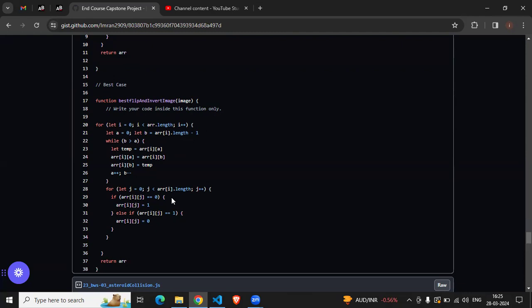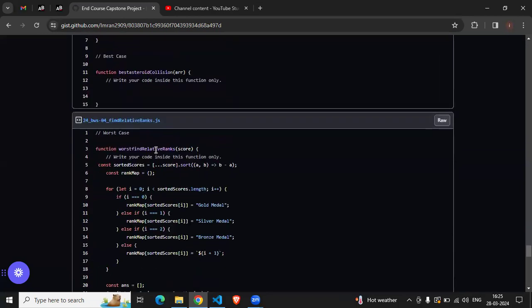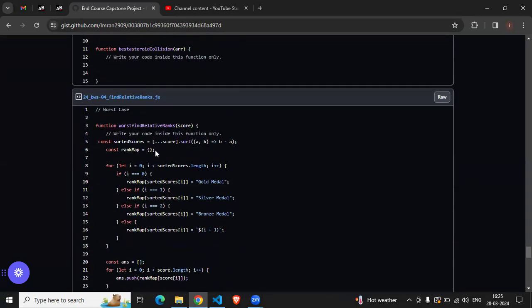If the element is 0, then we make it 1, and if the element is 1, then we convert it into 0. From both solutions, the best case is a little bit optimized because it took lesser time complexity than the worst case. So that's all the problems that I have solved during the